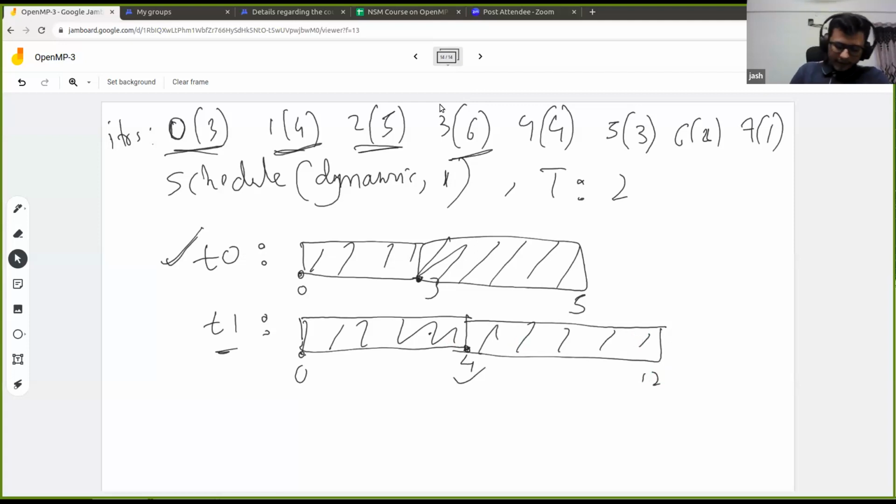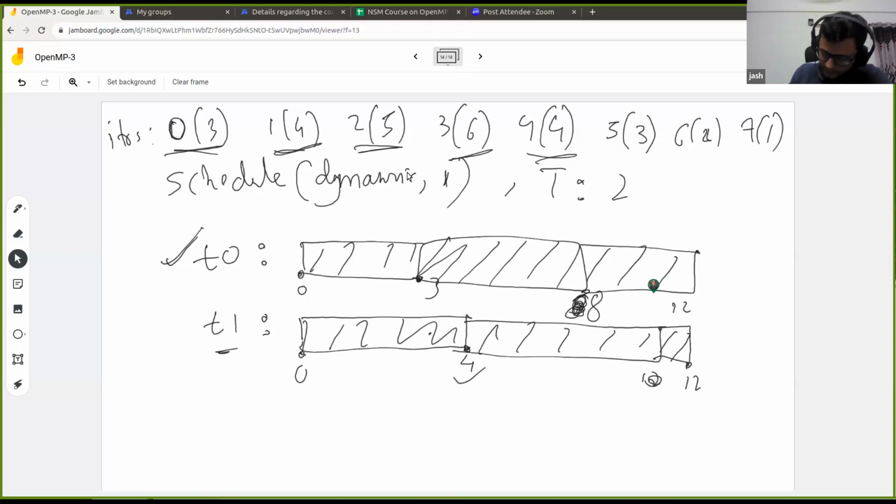So this will happen. This is 8, right? After this time, again thread 0 is idle, so this one, which is 12, will be assigned to thread 0.